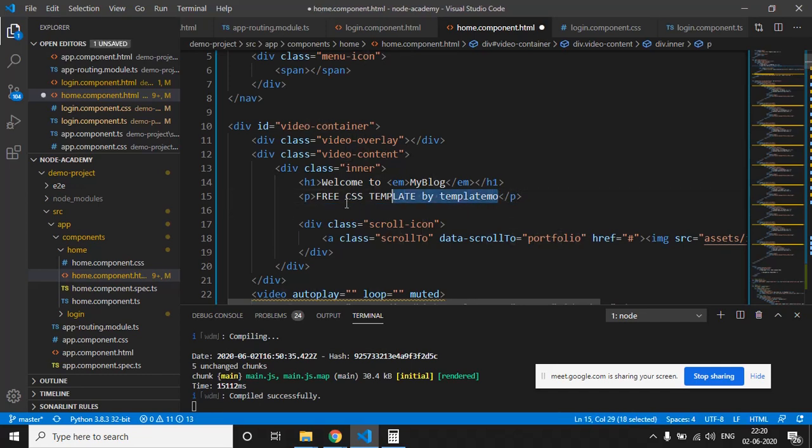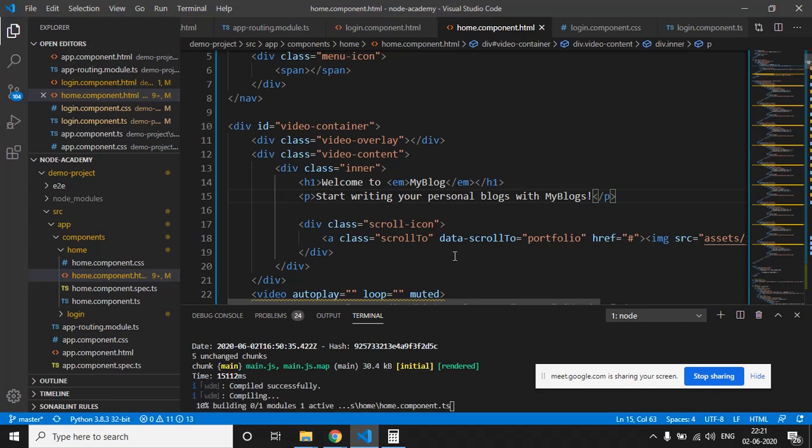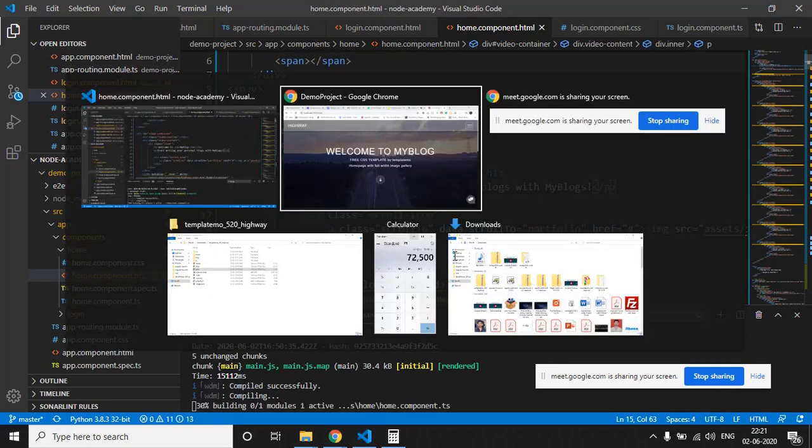We'll just change the title, or change the text here. So we have just changed the text because we have to create a blogging site.